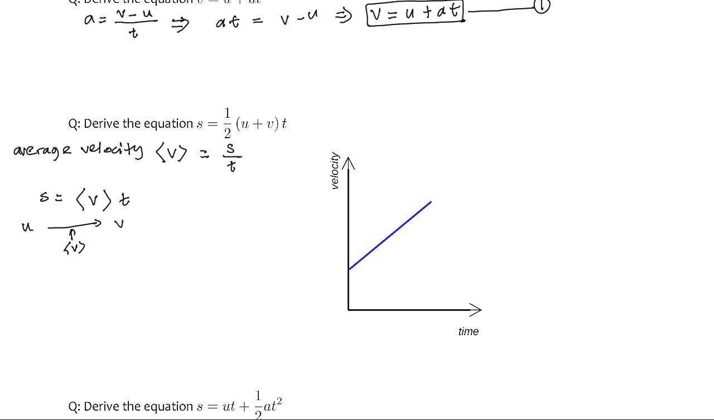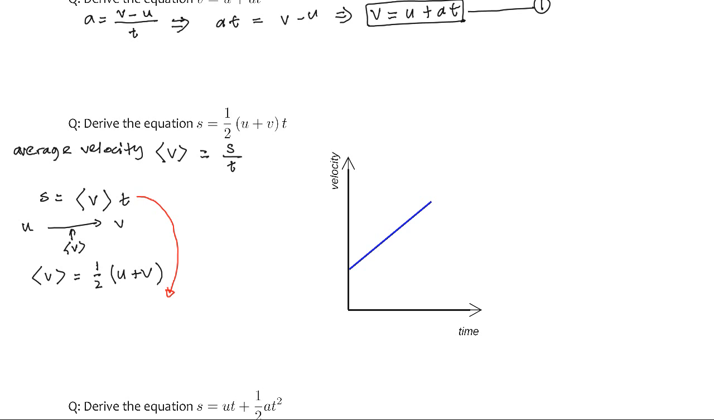So because of that, I can write the average velocity as the halfway value between U and V. So it's essentially the average of the value of U and V. Because I can write it this way, I have an expression now for the average velocity, so I can put this instead of this into this equation, and then I get